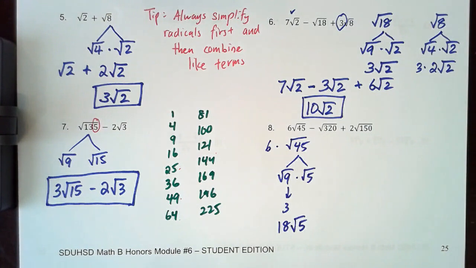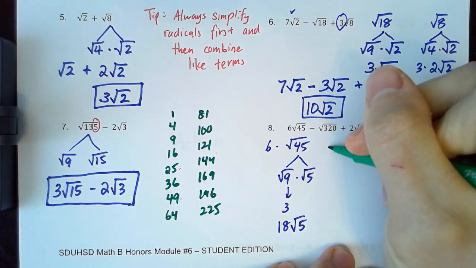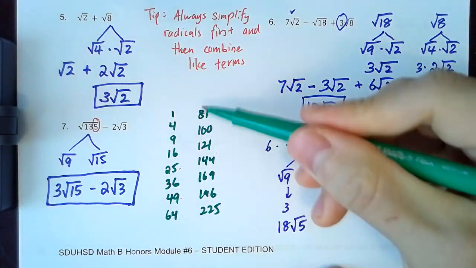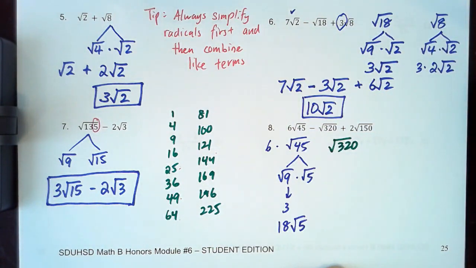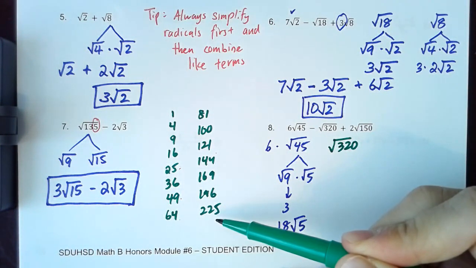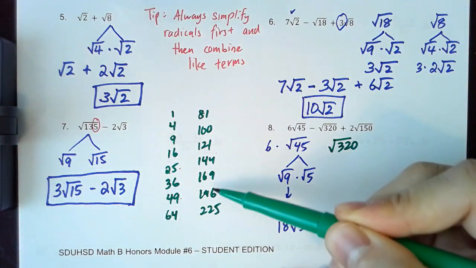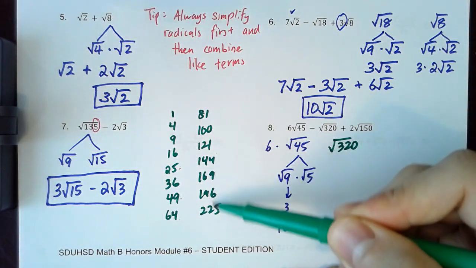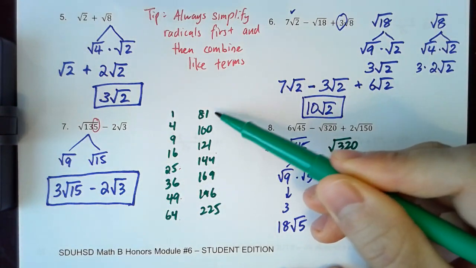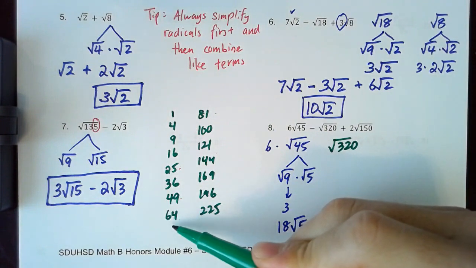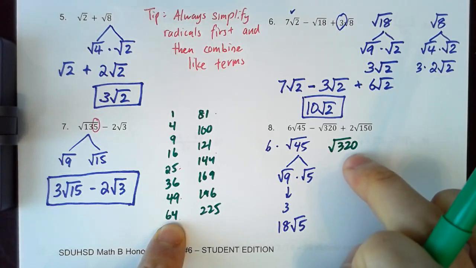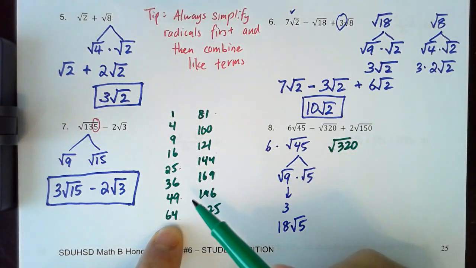Okay, I'm going to use another color so you know exactly what I'm doing. Square root of 320. Wow, that's a big number. That's why it's nice to have these perfect squares on the side. 320, I kind of already see it. Hopefully you see it too. There's really no point in using these large numbers because there's no way that they can be factors. 121, 100, 81, 64 definitely looks interesting because 4 times what equals 20, right? So that's kind of what you have to have your eyes